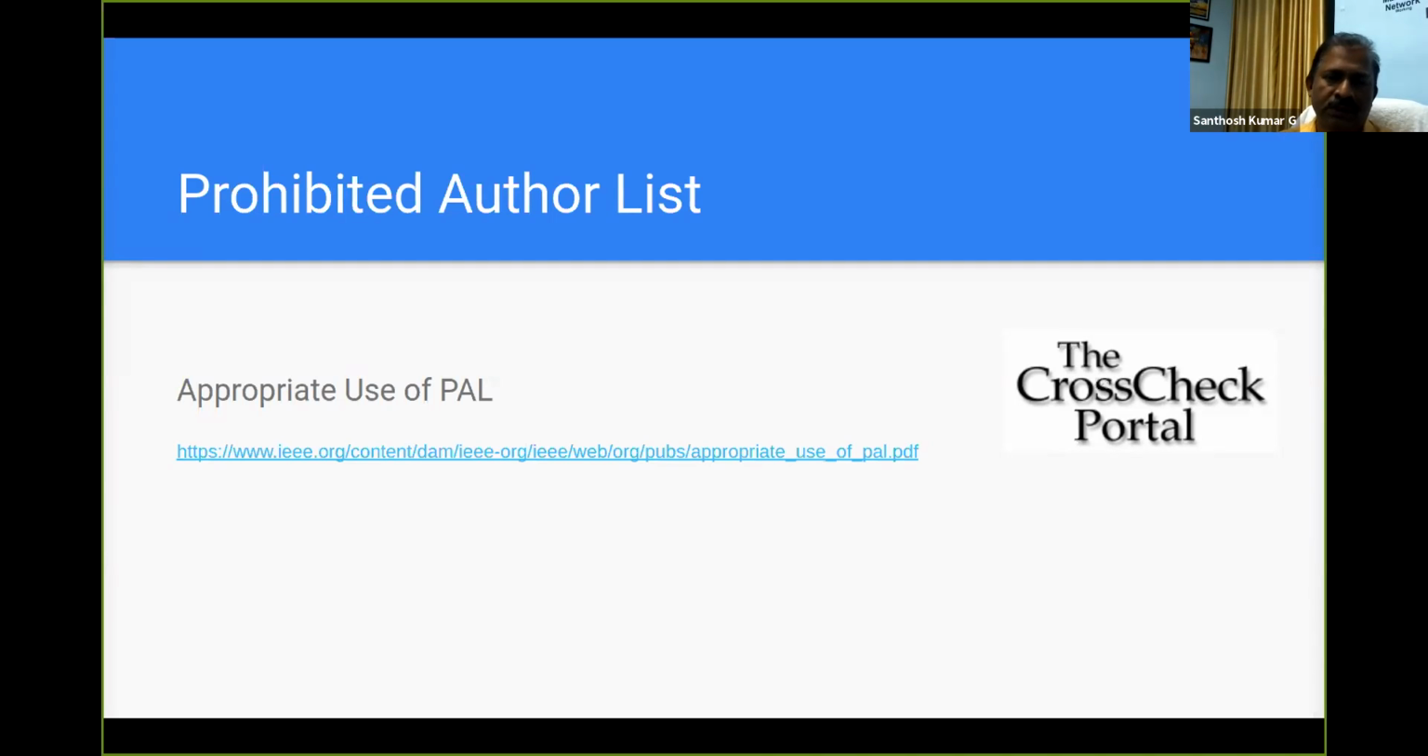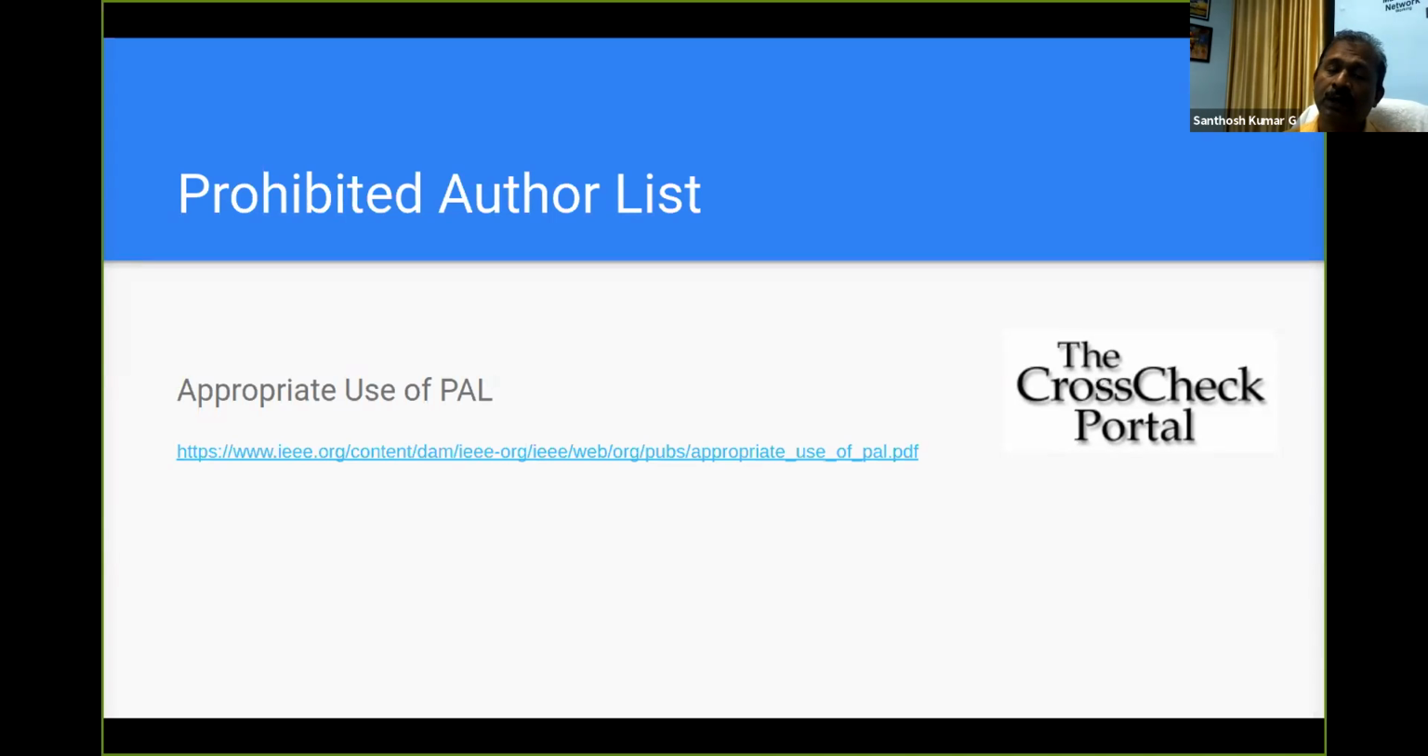Let's say 3 years of time, this author will not be allowed to publish any papers in any of the journals or any of the conferences that are published by IEEE. So this is a very stringent act that IEEE is taking. This list is available to the program chair. If your conference is approved by IEEE, the program chair or the technical program committee or the publication chair can access this, and